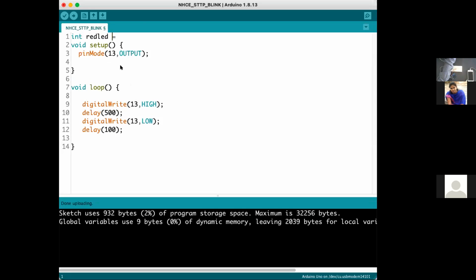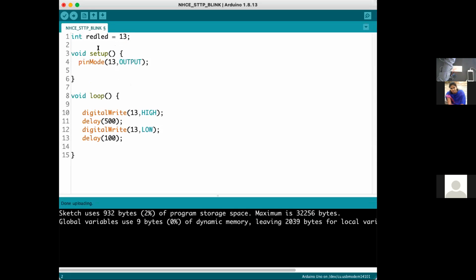Red LED is equal to pin number 13. Generally whatever connection I'm making, I'm making that variable a constant, because if you try to change the value of the red LED in a loop, then it will show an error.